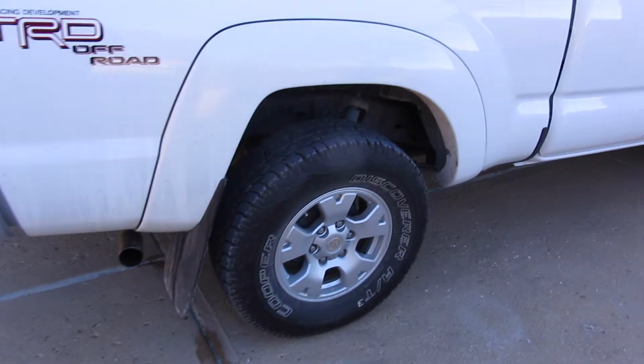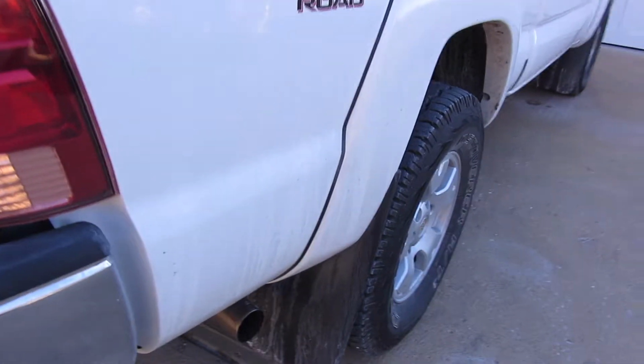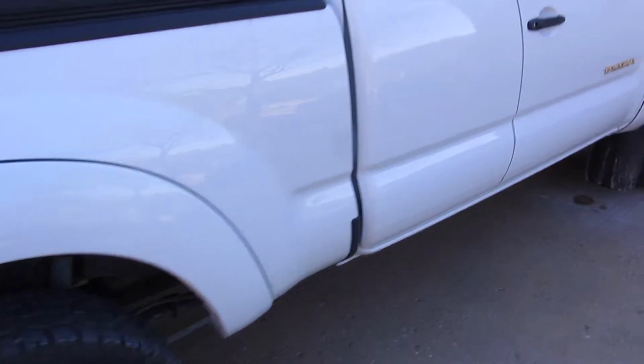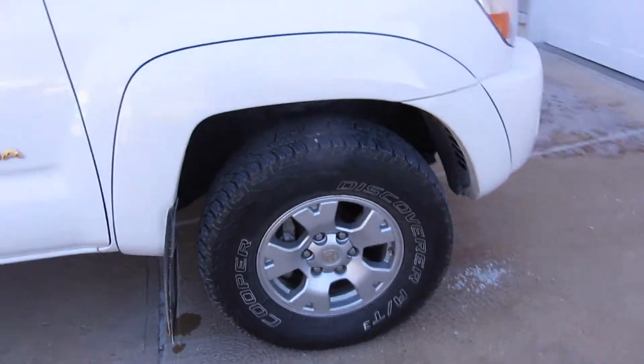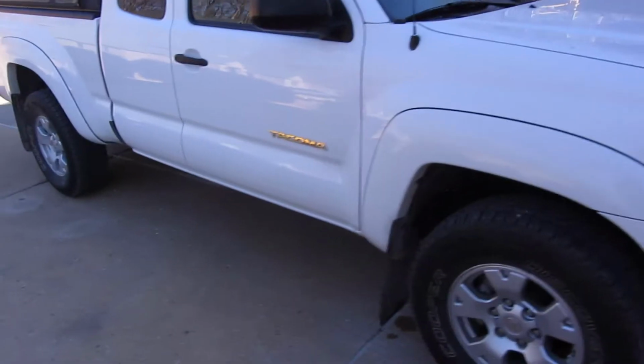It's hard to tell because the truck's white and cameras tend to not be able to show, but this truck is quite filthy. I took it four-wheeling this past weekend, so that was fun. Nothing too difficult. It's a two-wheel drive, but it has a locker, so that helps. But anyways, to the point of that,